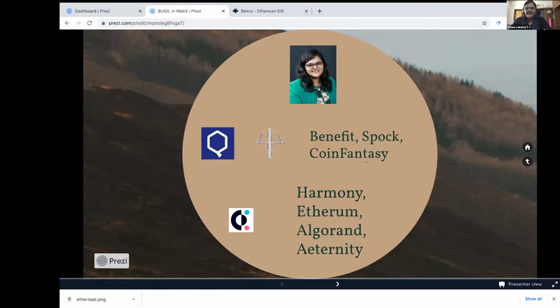But for non developers as well, I'm happy to share tips and tricks if you're interested in getting into the Web3 space, or even if you want to move to a development space. I am more than happy to help you out, share tips and tricks, or just get on a call.